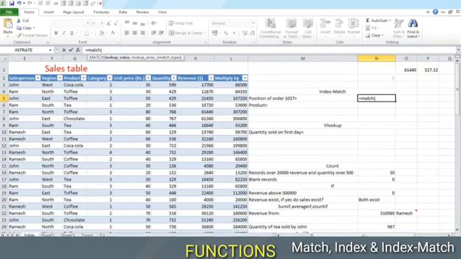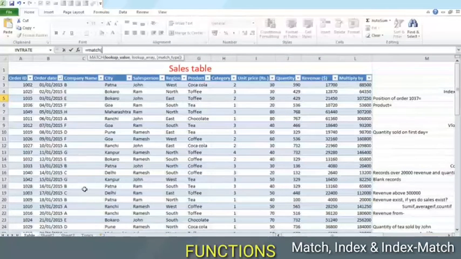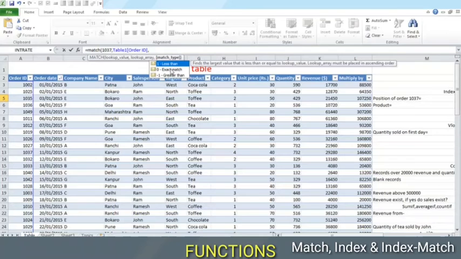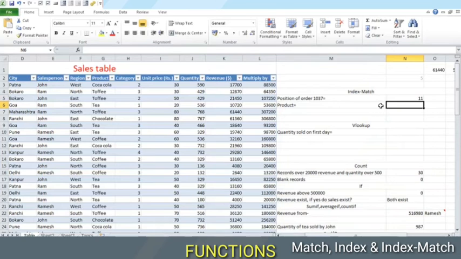The lookup value is right here, 1037. The lookup array in which we are trying to find this is this order ID, and we need an exact match. An exact 1037 has to be found here. This is at position number 11 in its column.